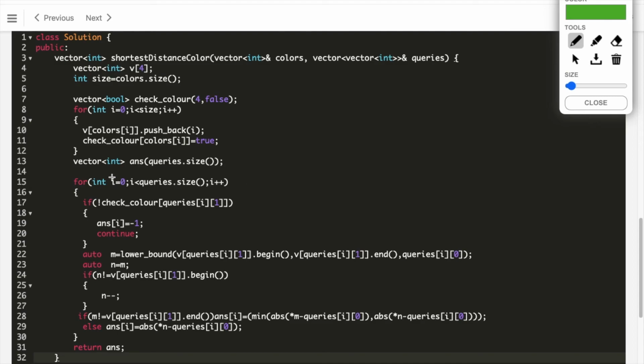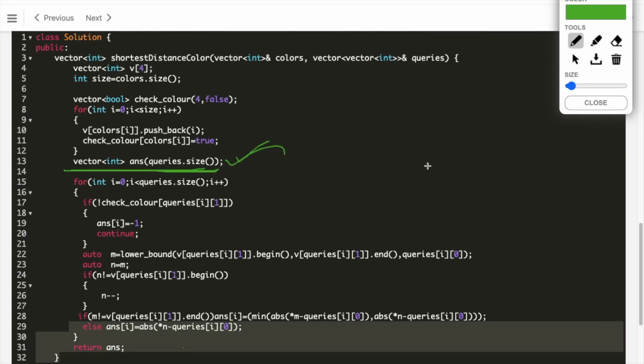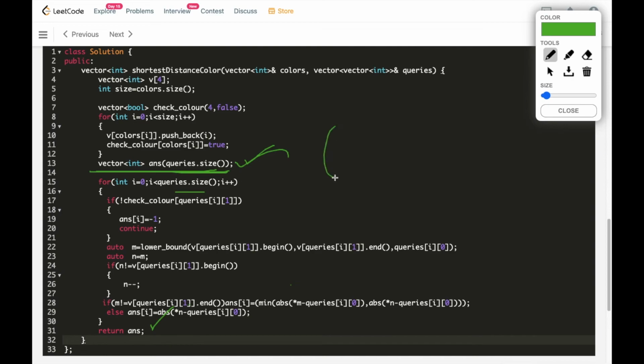After that we have created an answer vector that will store all the answers, and we will be returning it at last. I have already told that all the queries have index comma color pairs. If the query color doesn't occur in the colors array, we handle that, otherwise the following code will execute.